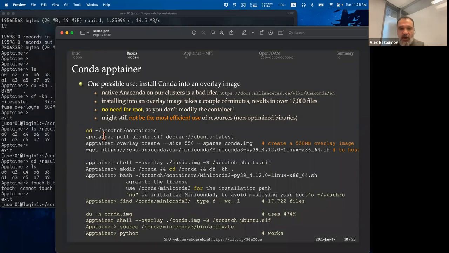I will actually bootstrap a new Ubuntu container from online from Docker Hub, and then I will create a sparse image. So let's say you don't really want to install any big Python packages, just the basic conda installation with Python, then you probably need around 550 megabytes. So here I initialize a sparse image, 550 megabytes in size. Then on the host file system, I download the